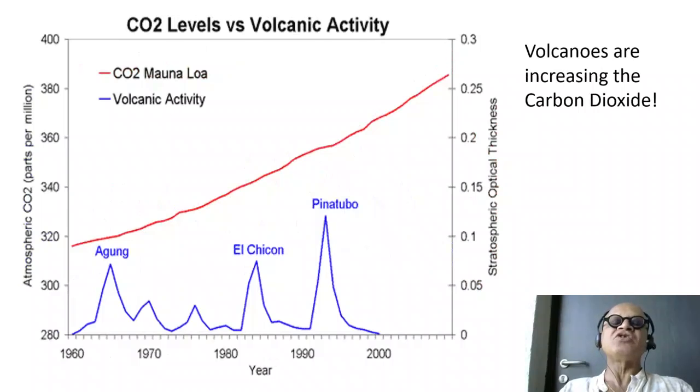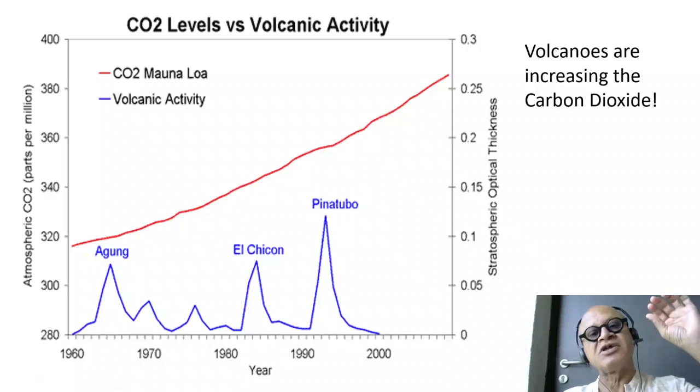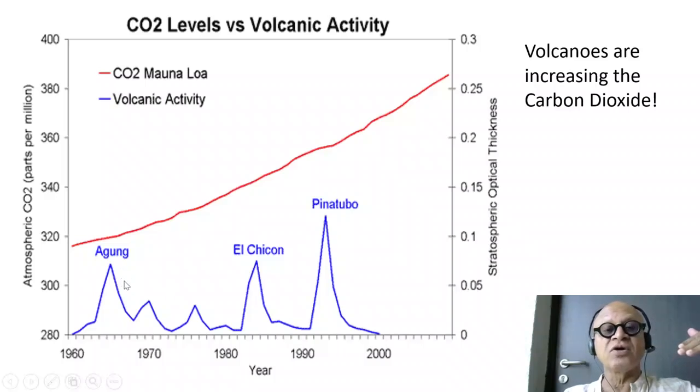People say volcanoes produce lots of CO2, and you can see the CO2 increase we have observed here in Mauna Loa, and the eruptions of Agung, El Chichon, and Pinatubo, and they measure what is called stratospheric optical thickness, how much dust and other material, ash, is put in the atmosphere and how it changes the radiation penetrating through. So they do create cooling, global cooling temporarily. But you can see that there is no blip in the CO2 at all.